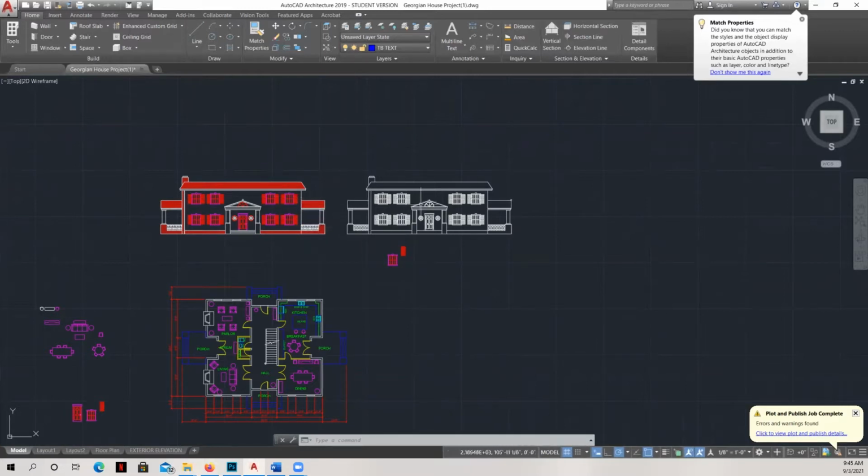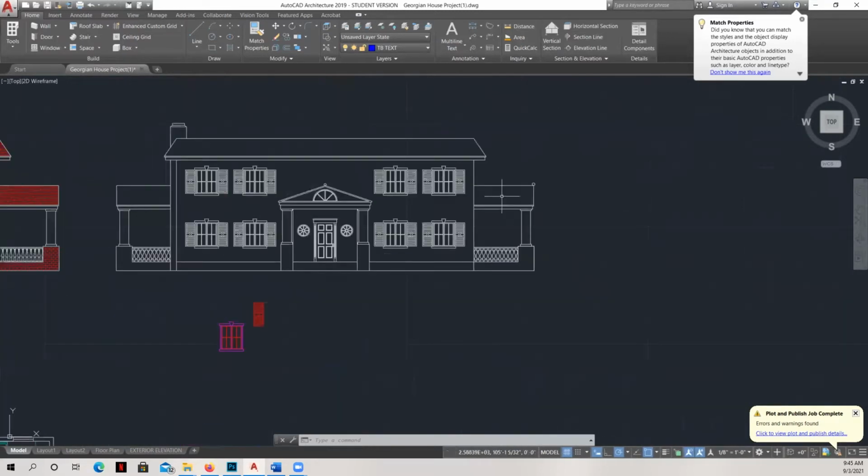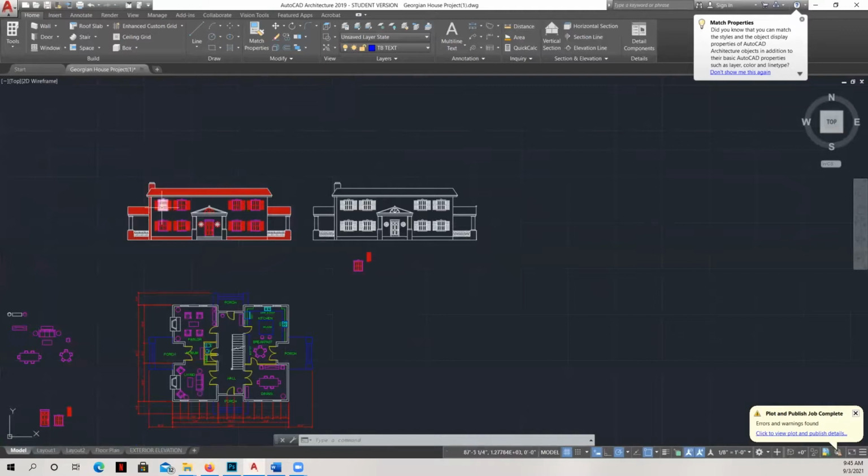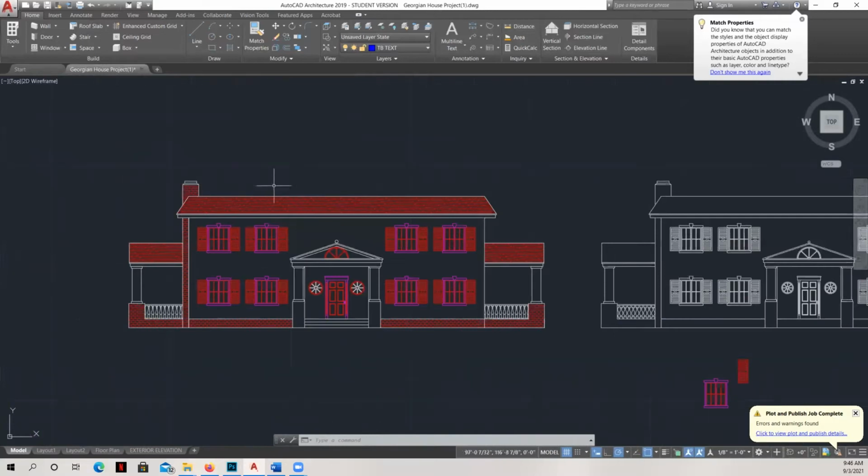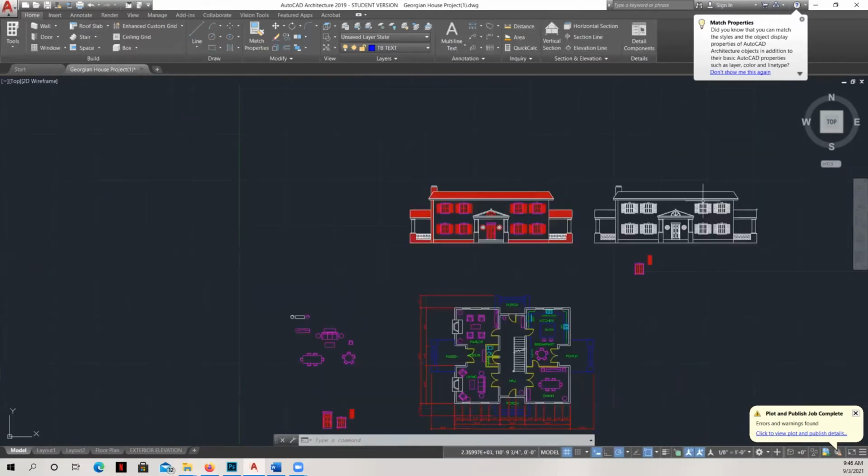And so what we have to do is save a copy of the file in which you can start to alter some of the line weights and colors. And basically, once you know that you have a file that no one else is going to touch besides you, or a file that no one will be mad if you disrupt all of the layer properties, then you're ready to begin. So you can see here, this is kind of the before, and then this is the after.